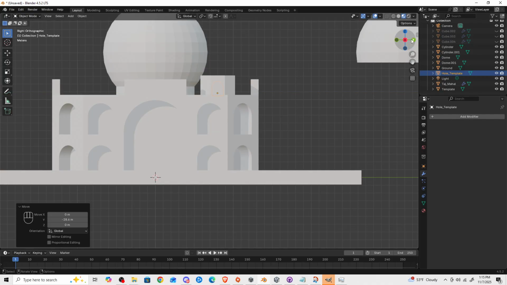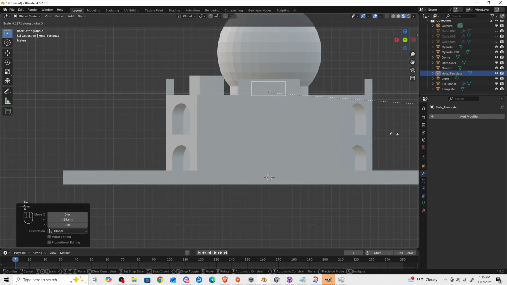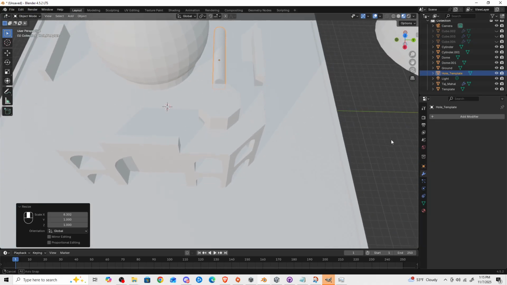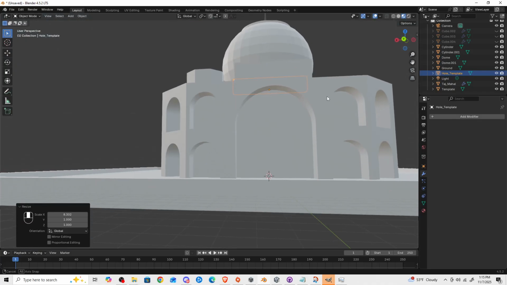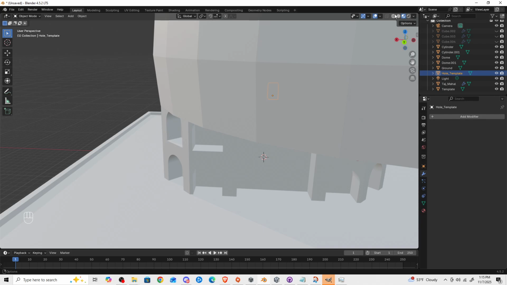Okay, now let's look from the side, and we want to stretch it out. SX, stretch it out so it's wider than the cylinder. Oh, oops, that was not the cylinder. Let's move it so it's in line with the cylinder. So let's go here,